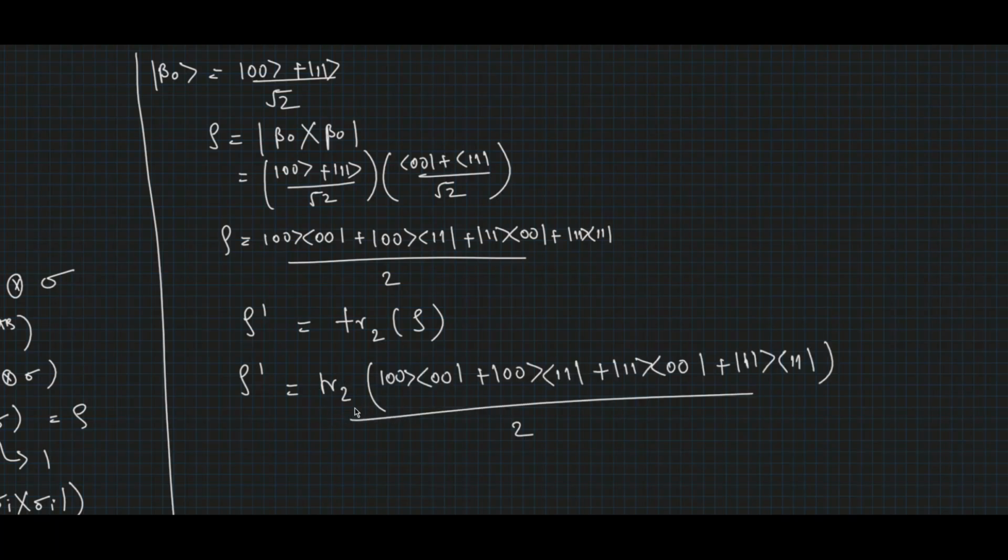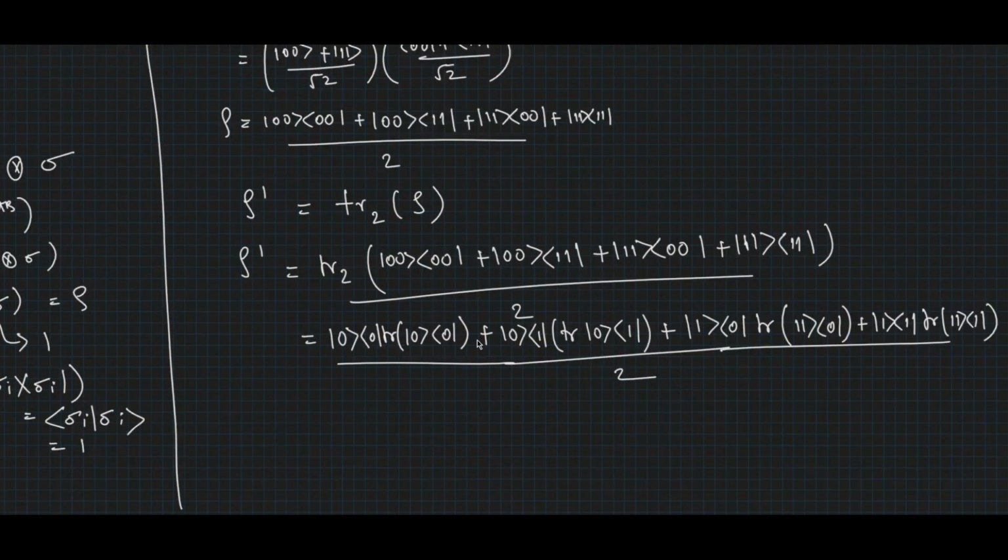Now we are taking the partial trace of the second qubit, which implies the first qubit will come out from here and we'll have the trace of the second qubit. Similarly, for this, the first qubit will come out and we'll have the trace of the second qubit. Again, for this state, the first qubit will come out and we'll trace the second qubit, and again doing it for the 1 1 case. Doing a similar operation for these two states, we get, now we know the trace of |A><B| will be equal to